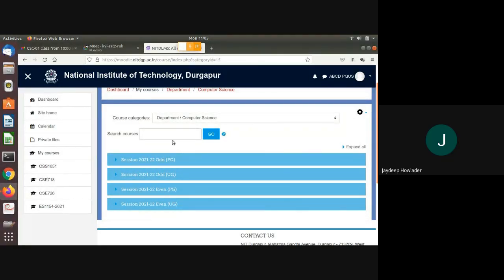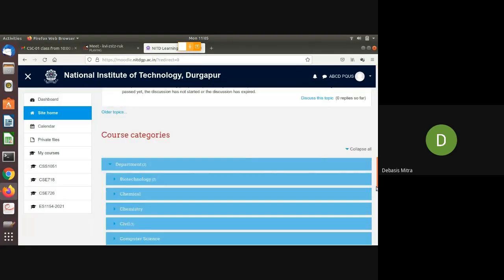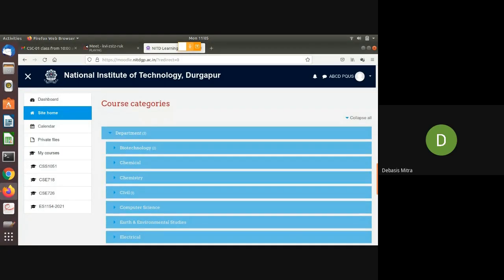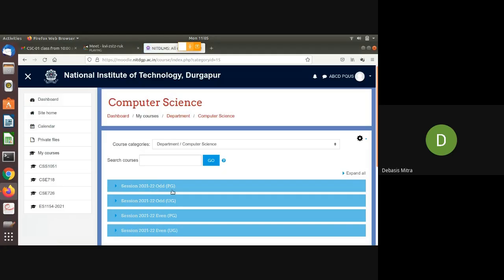It is fine. You start with the home page. So go to the home side and you scroll it down under course categories. You click on computer science. For other courses, you have to accordingly choose the particular department. The course being offered by which department, you have to understand that, and accordingly you have to click on that. For this particular course, you have to click computer science.